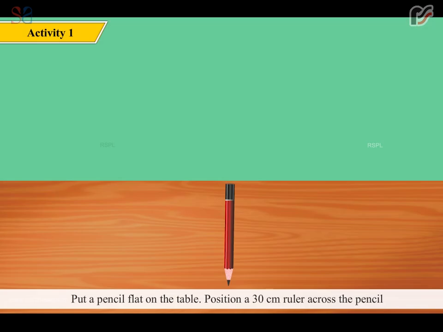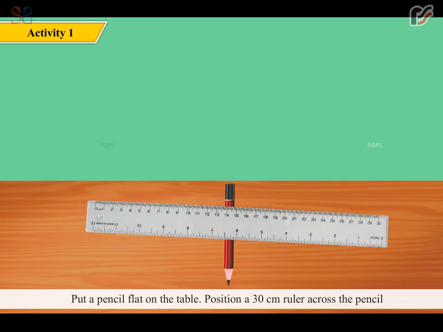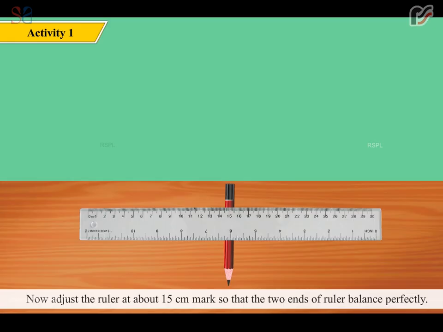Activity 1. Put a pencil flat on the table. Position a 30 centimeter ruler across the pencil so that the two ends of the ruler teeter back and forth like a seesaw. Now adjust the ruler at about the 15 centimeter mark so that the two ends of the ruler balance